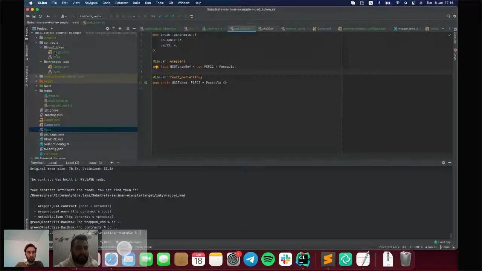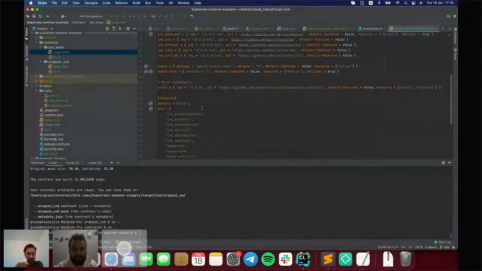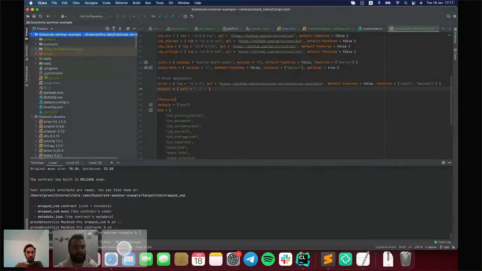Okay, so let's define it here. We imported everything here, and let's import it here. So our crate called wrapper has the next path here and here. Yes, it is right? Yes. So it is that package.